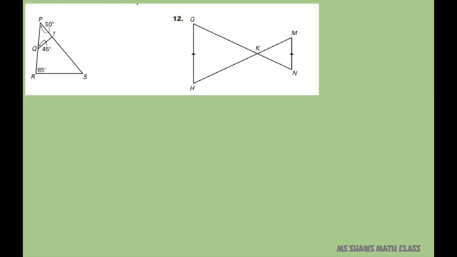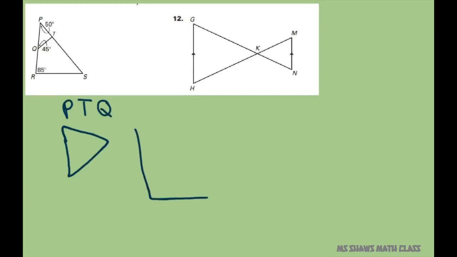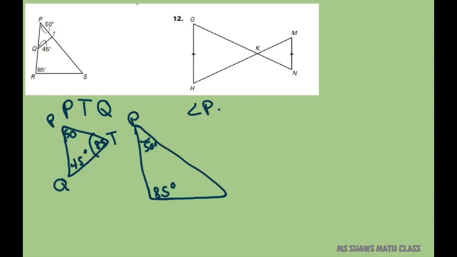All right. So for this one, I can pull out the triangle P. So let's look at PTQ. That's this triangle, the little one. Then I'm going to have the bigger one. And so for PTQ, we have 50 degrees here, 45 here. So take 180 minus 50 minus 45, and you get 85. Now we do have an 85 here, and we also have a 50 here,